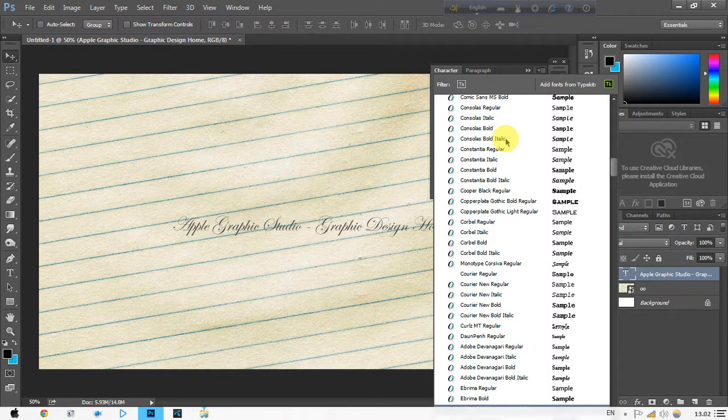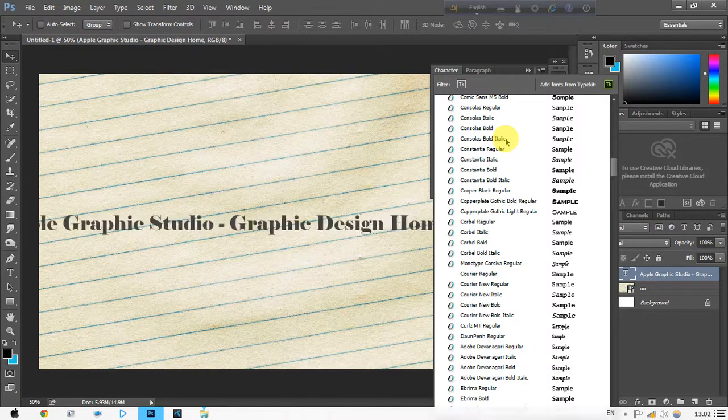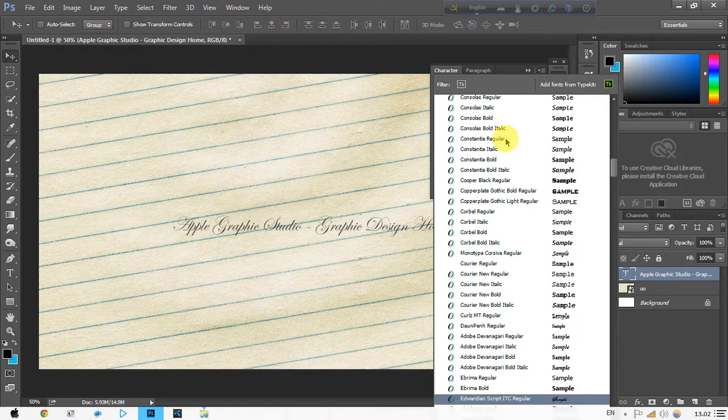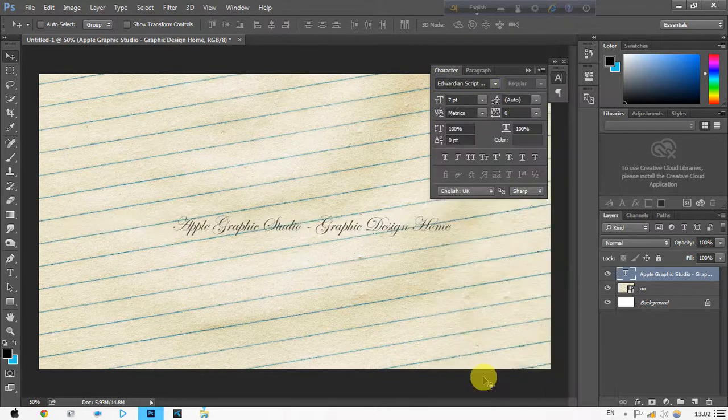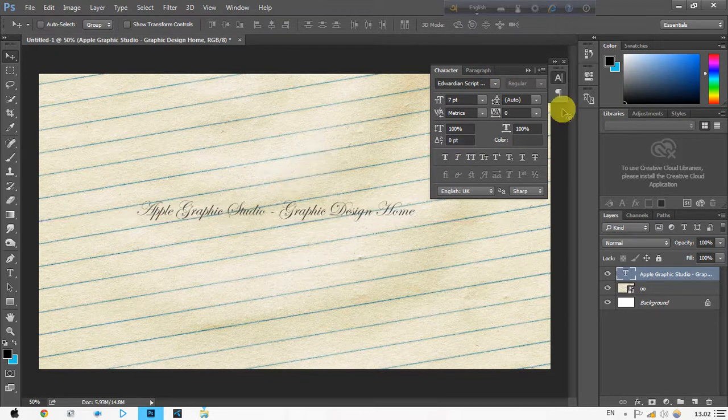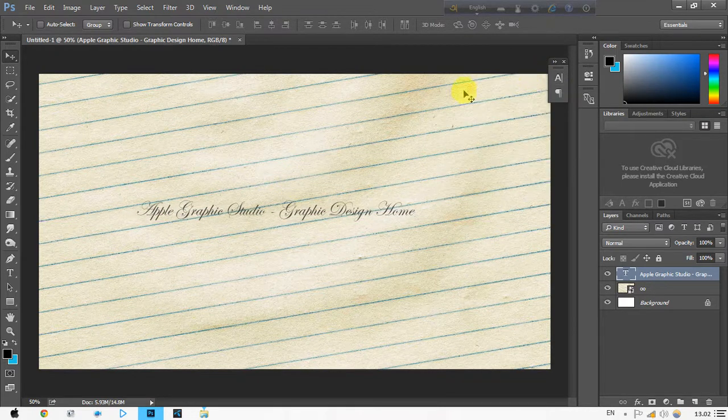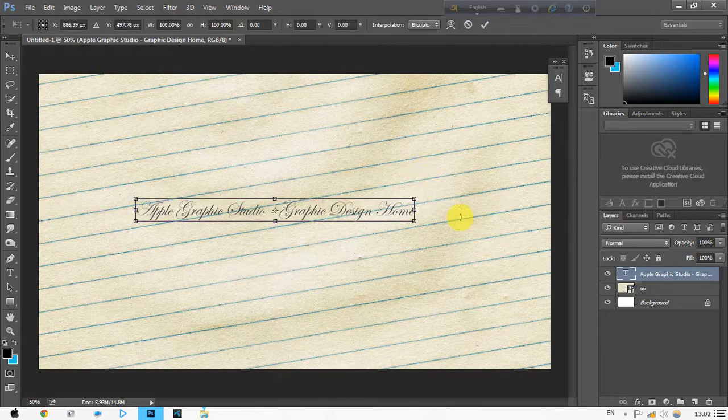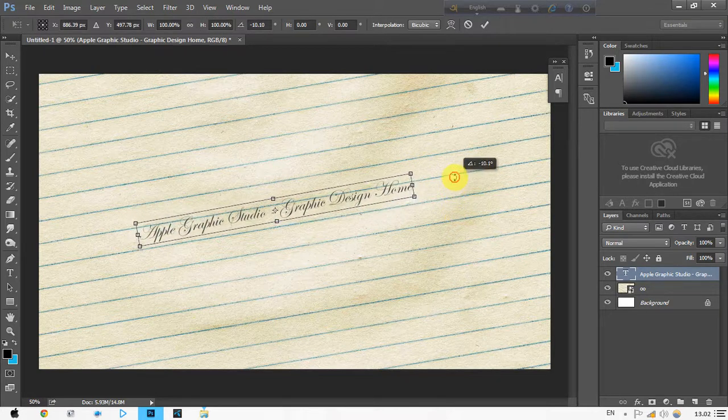Okay, I just select this text and now I click Ctrl T to transform this picture and move here.